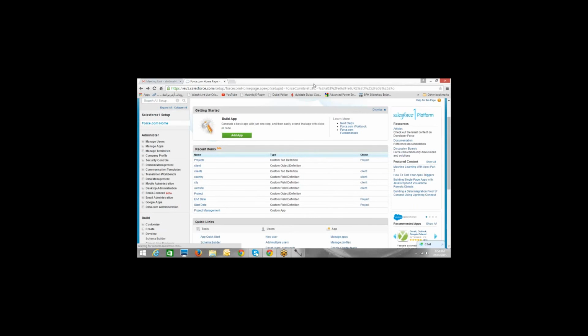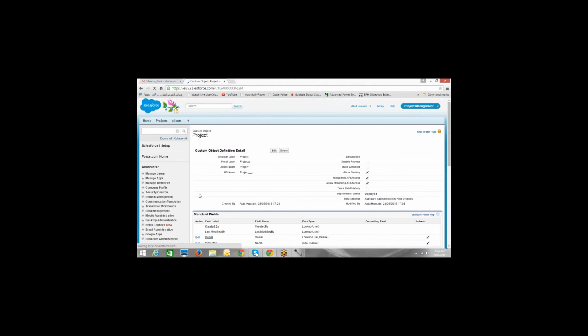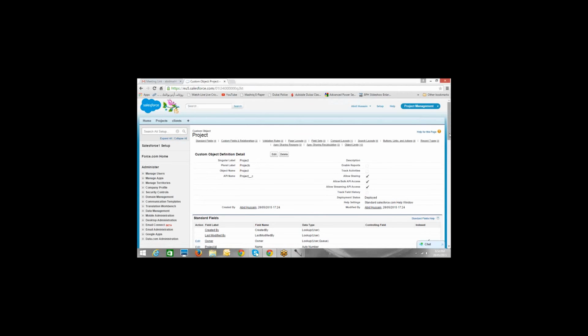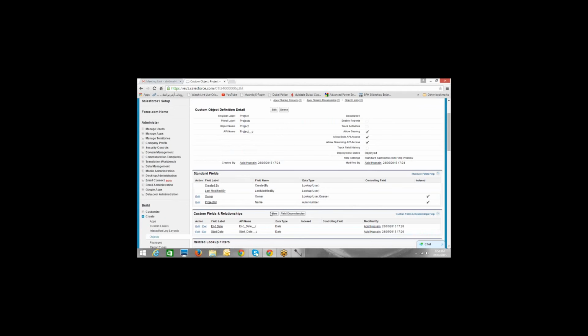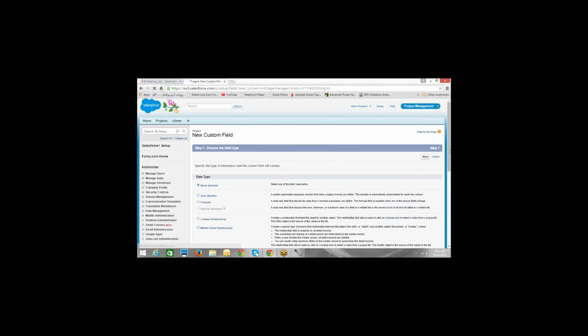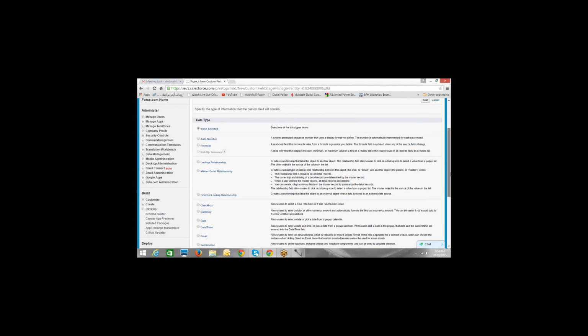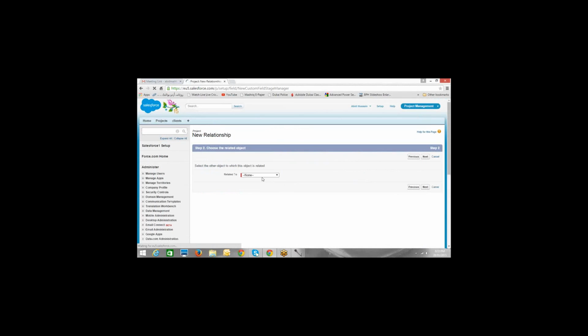Great. Correct. All right. So let's go to setup, create objects, go to the project object, create a field called relationship field. You can name it client. So you just have to create a new custom field. Data type in this case should be lookup relationship. There's another relationship which is master detail relationship, but we'll talk about master detail later. So just straight away check the lookup relationship data type and create the field.